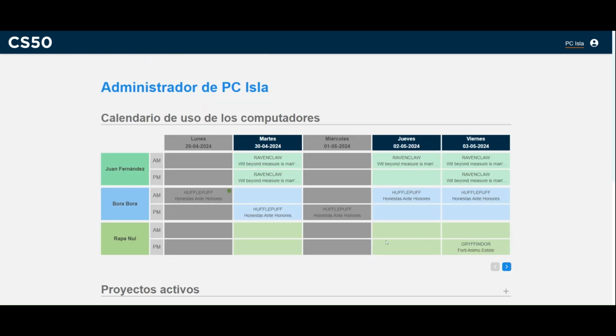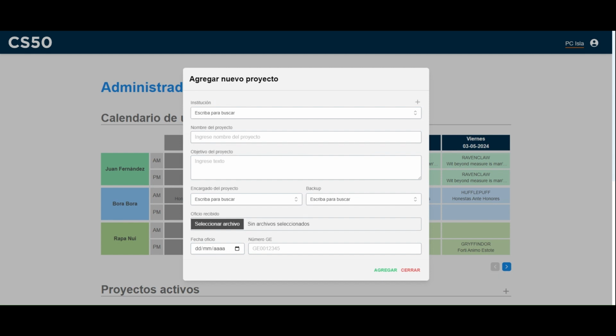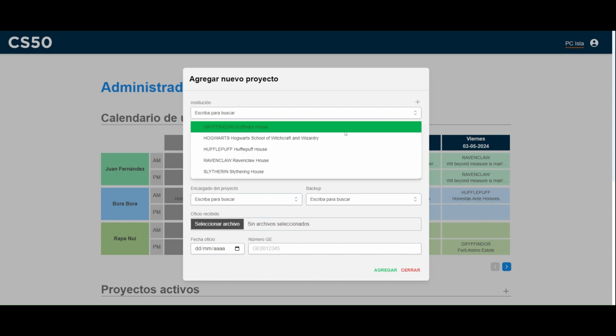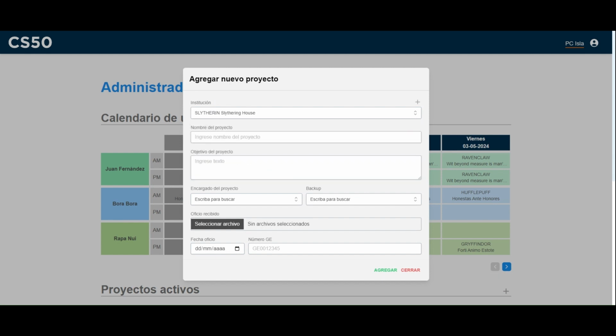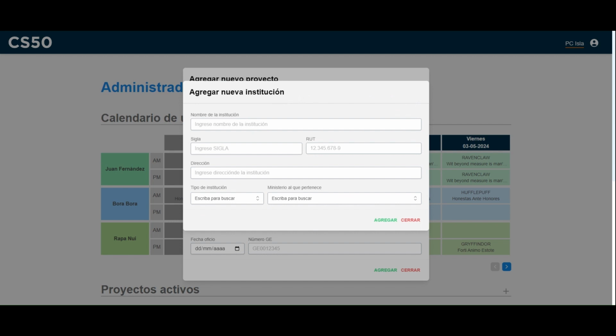So, the first step is to create a new project. I am already logged in with an editor account, so we have access to the forms. In this example, Slytherin will be the requesting institution. Slytherin data and its researchers were previously loaded, but if needed, a new institution can be added using the corresponding